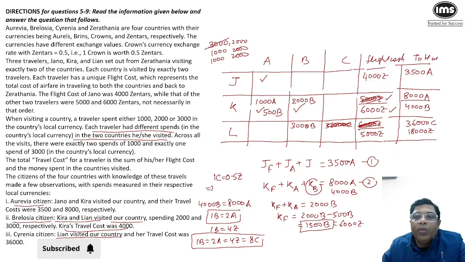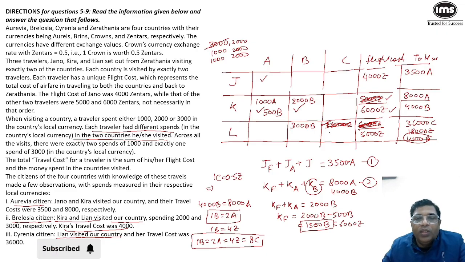Or this could be equal to, if I can convert into B, then I will divide it by 8. That is 4500 B. Now, how much money L will spend in country C? That is what we have to figure out, right? So, either it could be